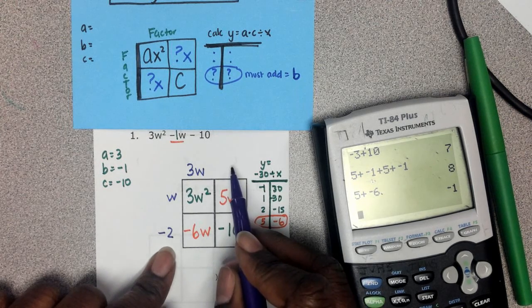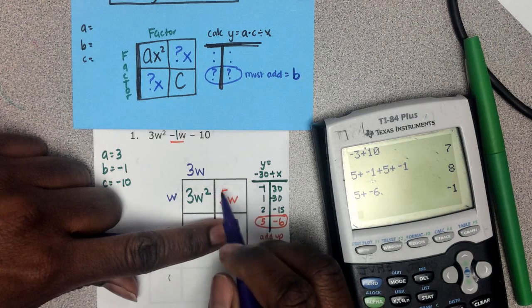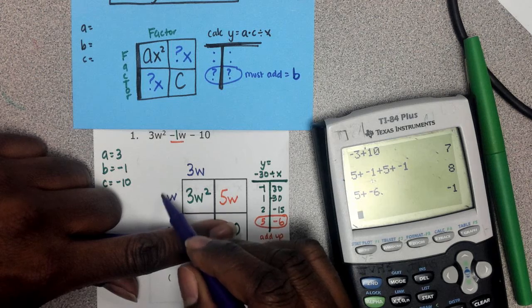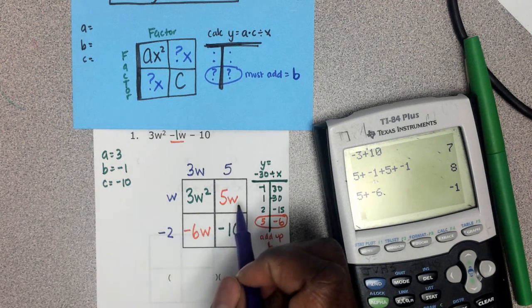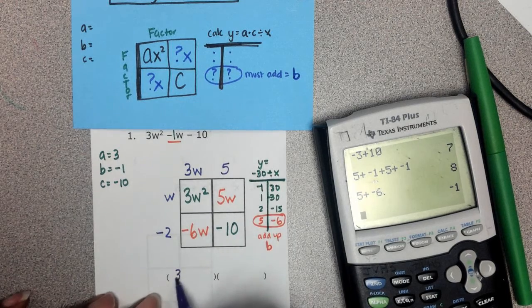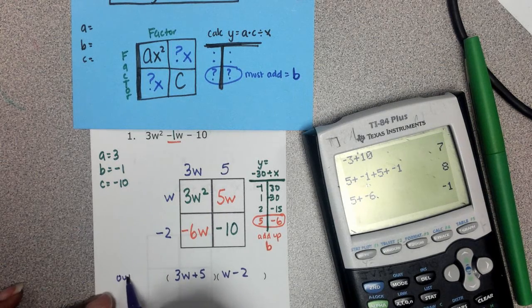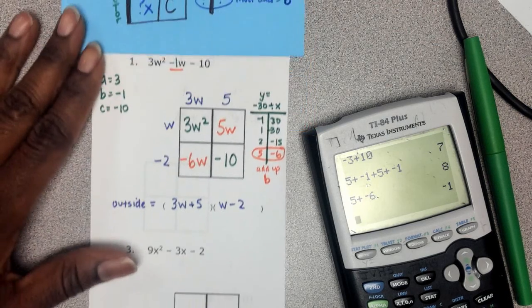Then up here, if you cover up this one right here, you can see W times what will give me a 5W. Well, right here we have an invisible 1. So 1 times 5 will give me 5W. So my two factors are my purple terms on the outside. The factors are always what's on the outside. All right. I'll do one more of those